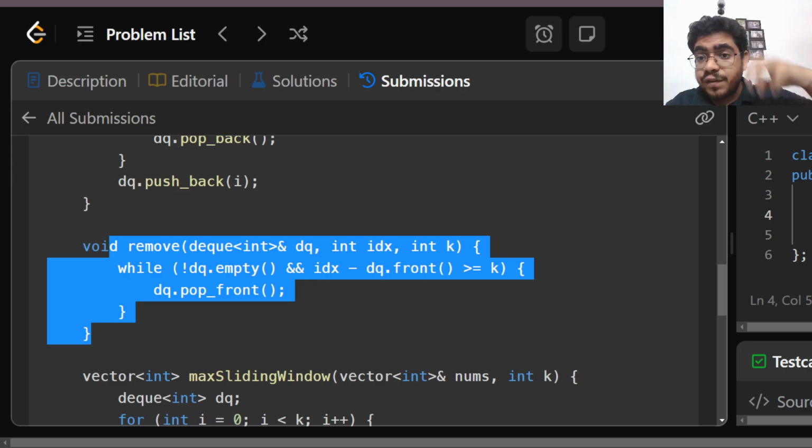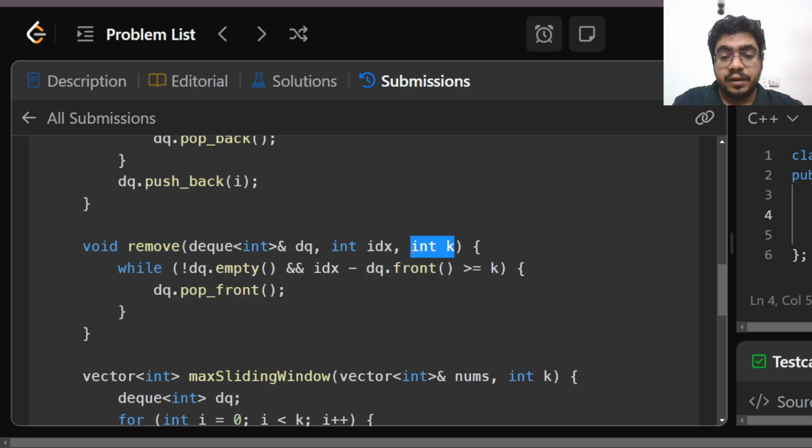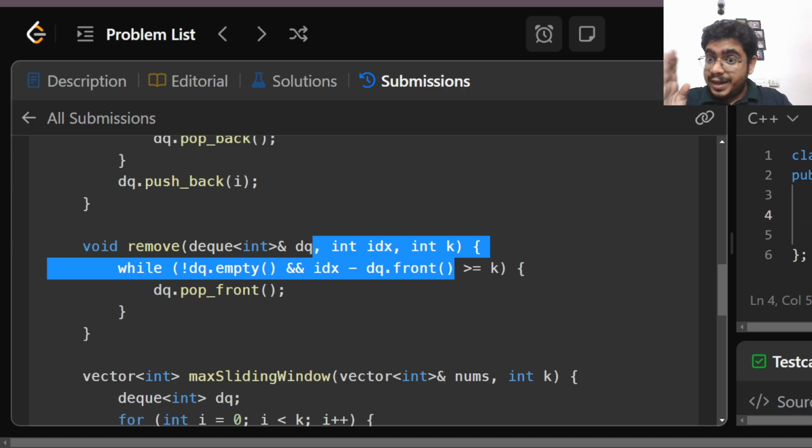This removes from the front those which are outside the window now. So what I've done, I have passed the k, which is the size of the window. I have passed the index that we have reached and I have passed the dq. So till the time the difference between the index that we have reached and the element in the front is more than or equal to k, that means this element needs to be removed from the window,